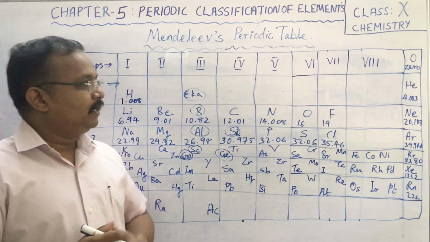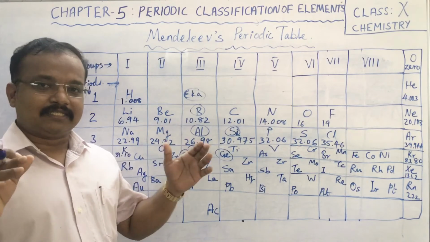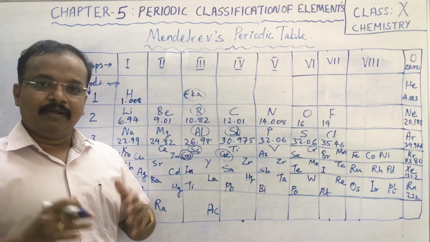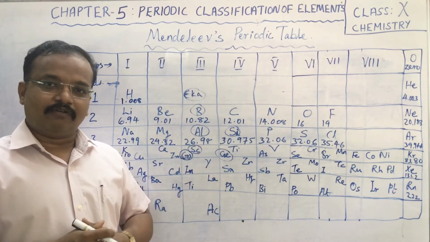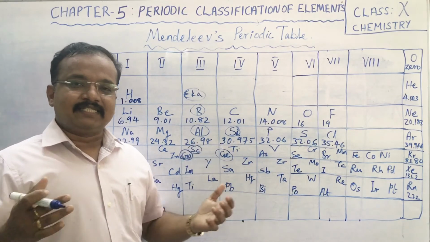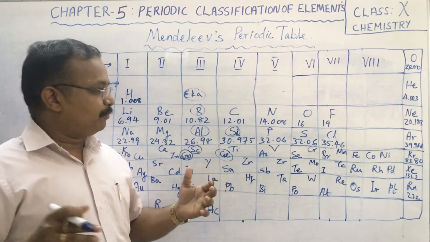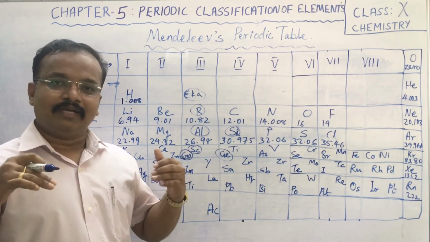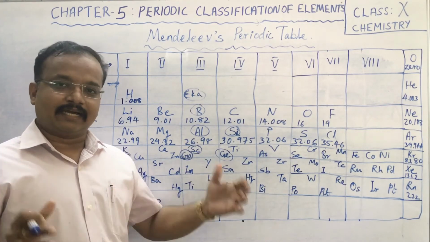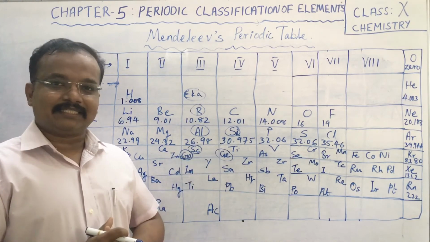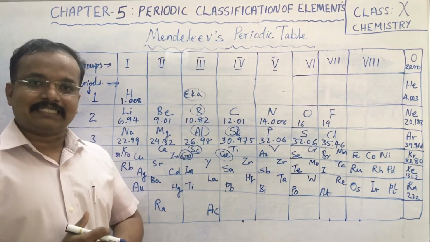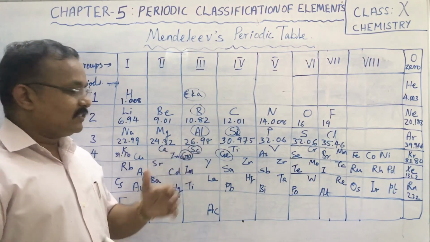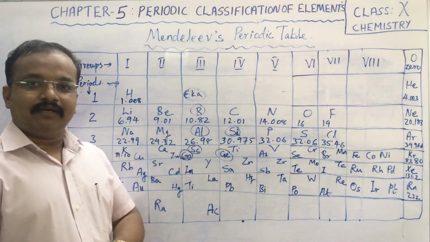Let me explain once again. The main important thing is his arrangement according to the increasing order of mass number, which made a systematic study of elements. Next we discussed the correction of atomic masses. He corrected some of the elements which had incorrect mass numbers into exact mass numbers. The next importance was the prediction of new elements, and he left certain gaps in order to fit the elements into it.